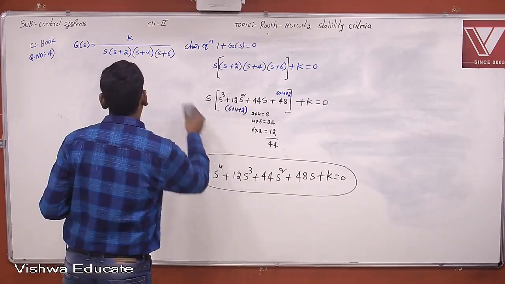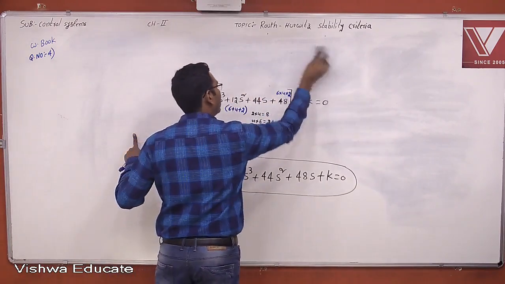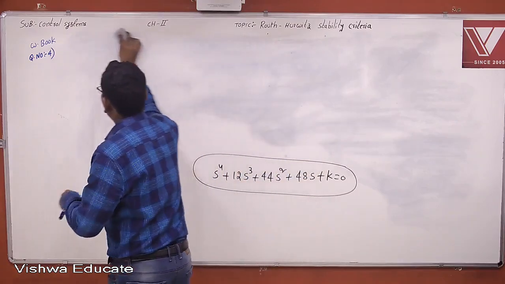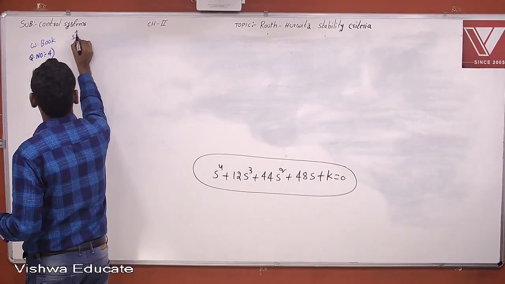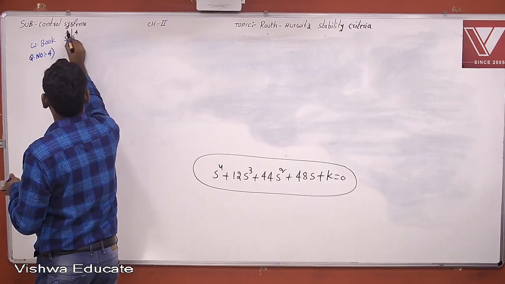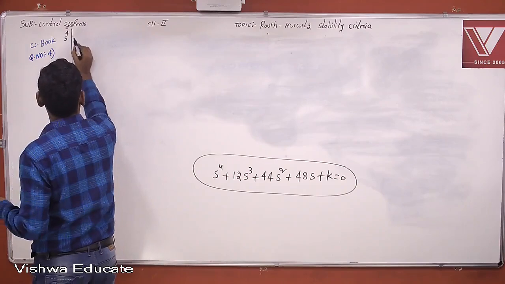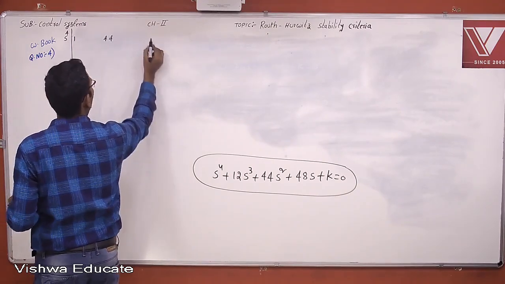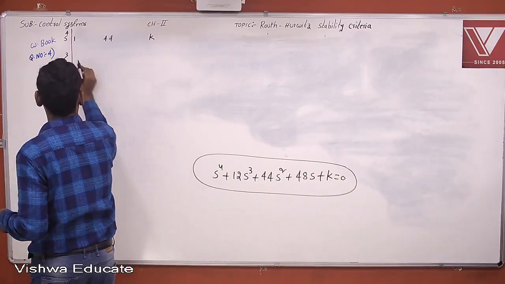Okay, now the characteristic equation is coming. Now you do the normal procedure of how to find the stability of the closed loop control system. The characteristic equation is of order 4, s power 4. Now even power, write all the even power coefficients: 1, 44, k. Now s cube is an odd power, write all the odd power coefficients: